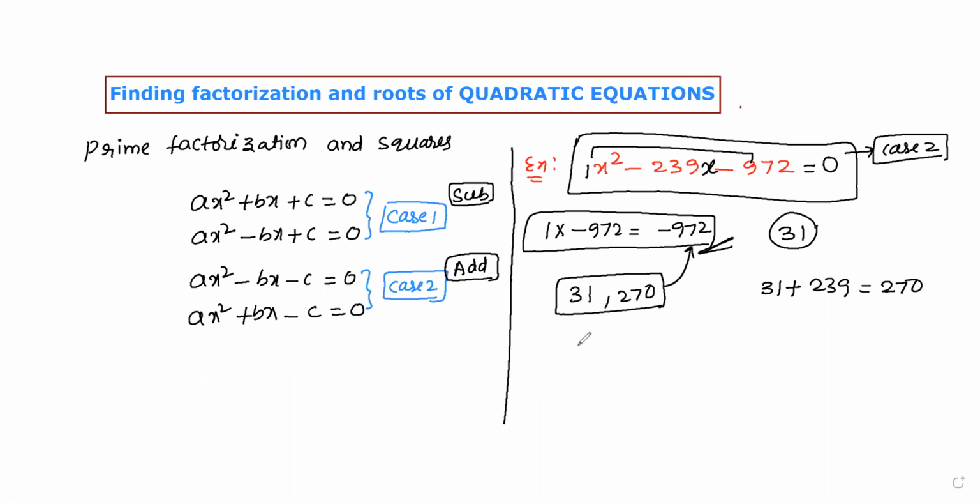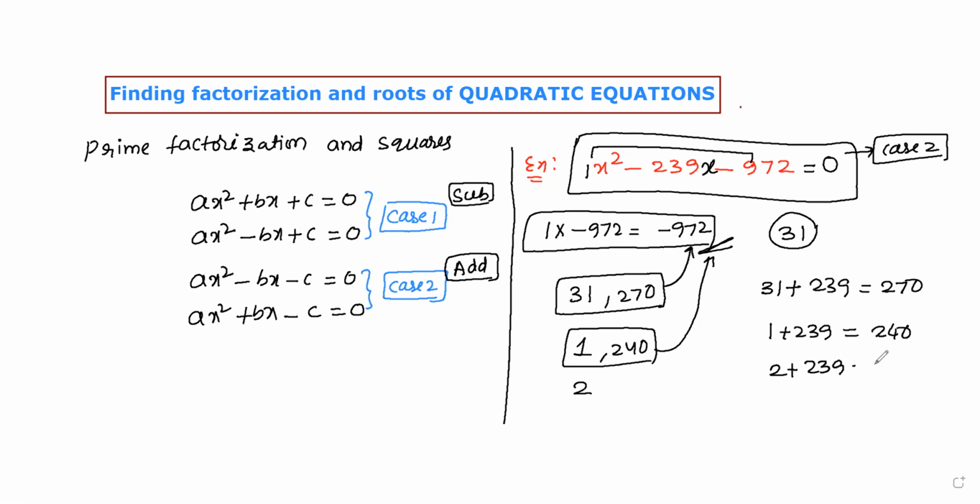In the bottom means we are starting from 1. So 1 plus 239 gives us 240. So this combination's product is not equal to 972. Again, I'm saying I'm not talking about negative here. So next time I'm taking 2. So 2 plus 239 gives 241. So 241 here, if you multiply these two numbers, then the whole answer is ending with 2, and 972 is also ending with 2, but the answer is not exactly matched. That is the reason it is also eliminated.